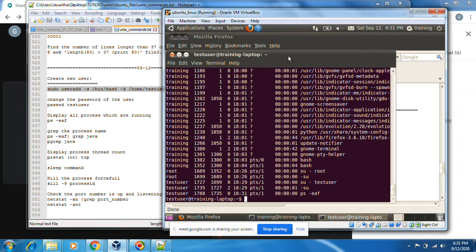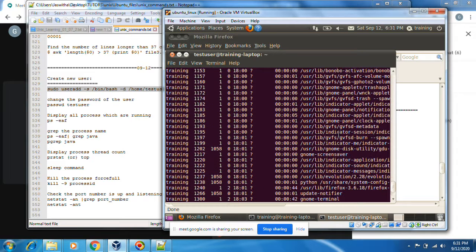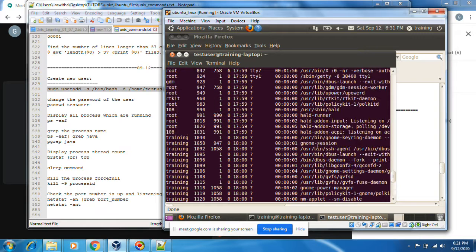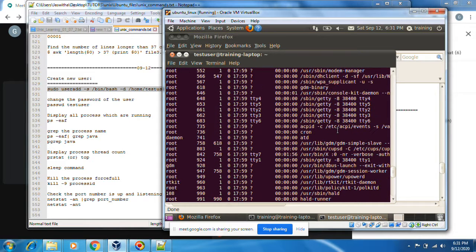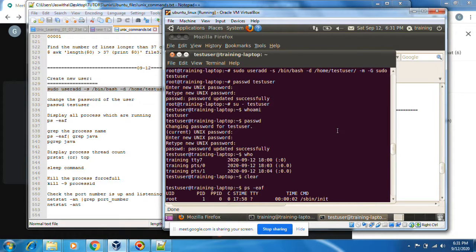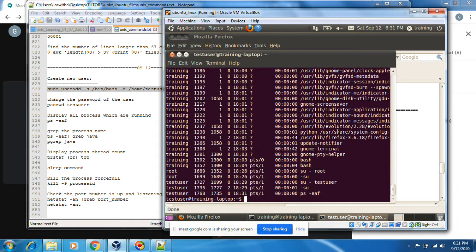Bash means this terminal, and then Python sysconfig, gnome screen server. All these are services, or we can think of them like applications. All are applications. You see how many are running. If I open Notepad, it will also show here.